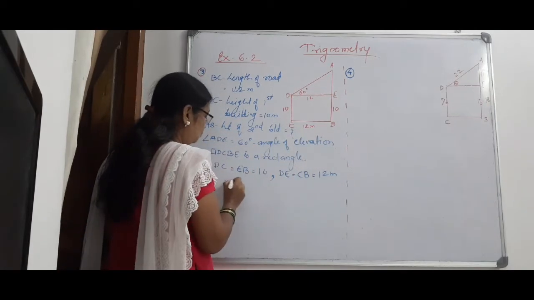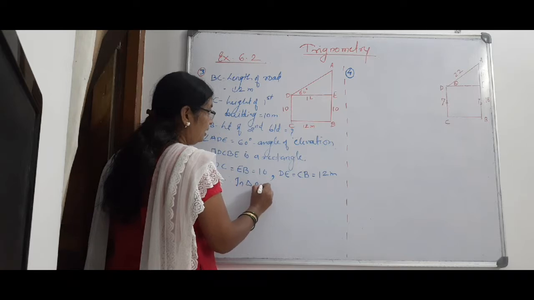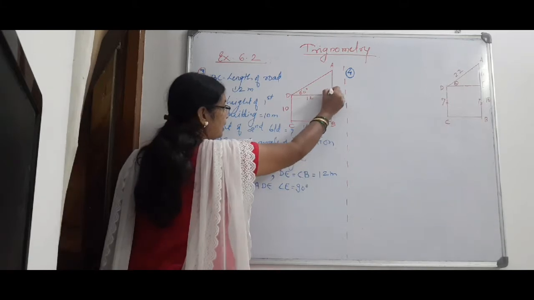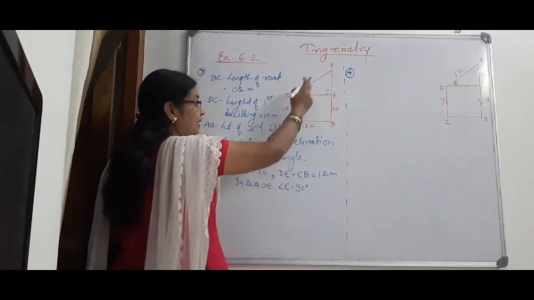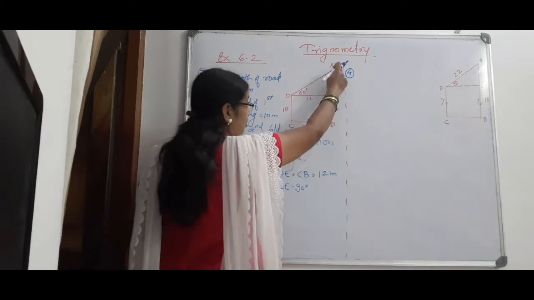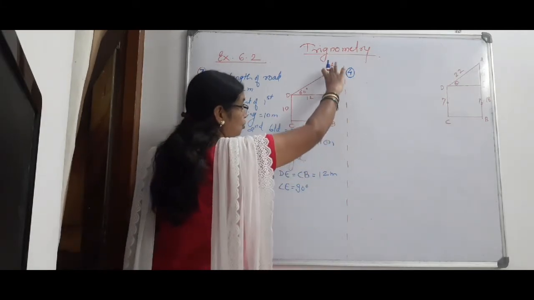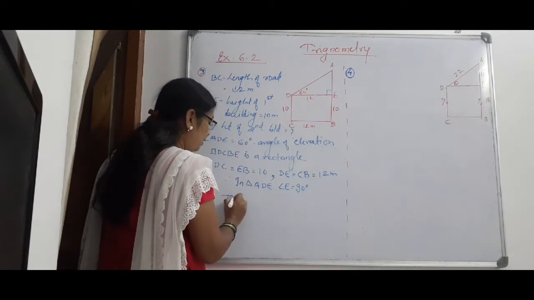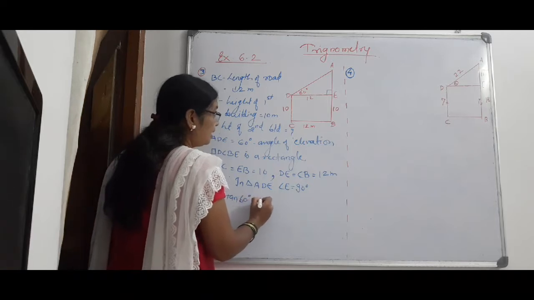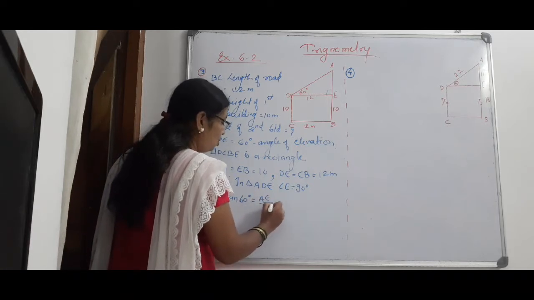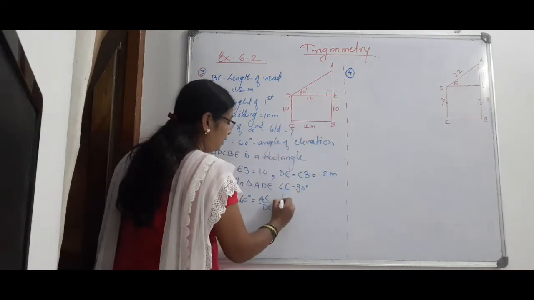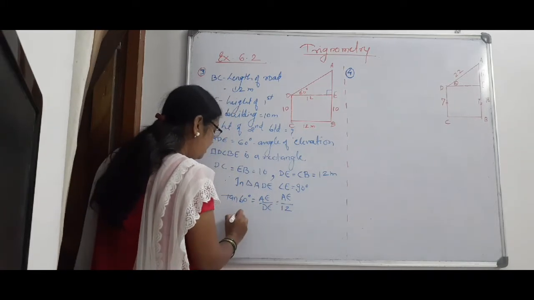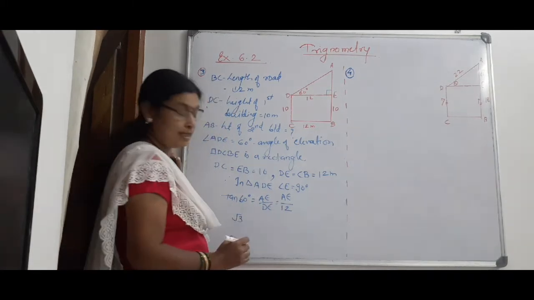Now in triangle ADE, angle E is equal to 90. It is a straight line, therefore this angle is 90. And then here, what you have to find out? Height of the second building. Now this part you already know. You have to find out A, means opposite. What is given? Adjacent. So what you have to find out here? Tan 60. Tan 60 is equal to AE upon DE. Now what is AE? AE you have to find out, and DE is how much? 12. Now tan 60 is root 3.